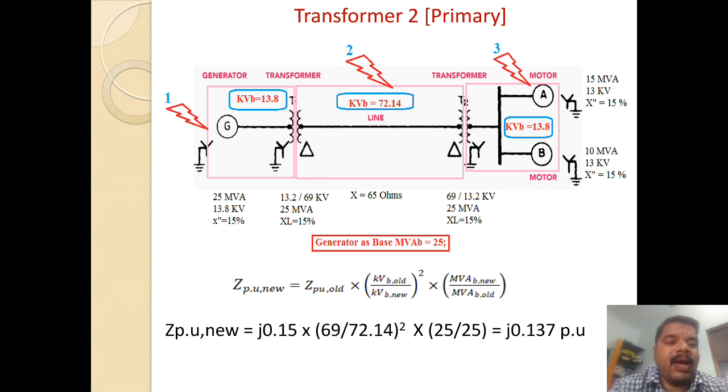Transformer T2, the value we have is 25. So we have to multiply all the values. The equivalent value for transformer T2 we get is j0.137 per unit. So carefully you have to mention